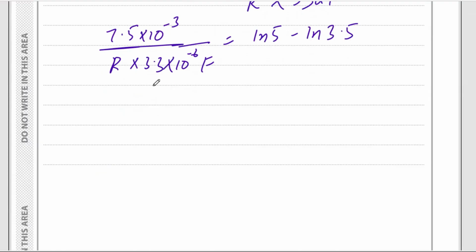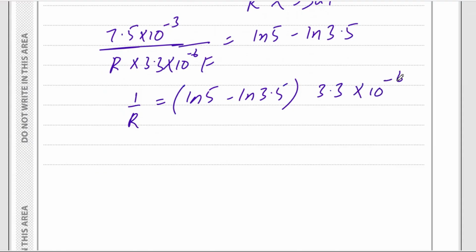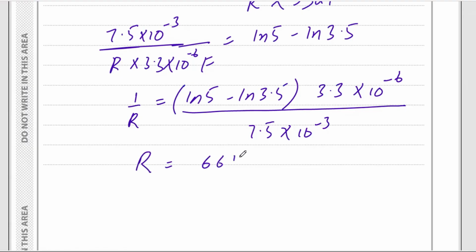So I've got 1 upon R is equal to log 5 minus log 3.5 times 3.3 times 10 raised to the power of negative 6, and I'm going to divide it by 7.5 times 10 raised to the power of negative 3. By sorting all these things out, I would have the resistance, and that somehow comes out to be 6640